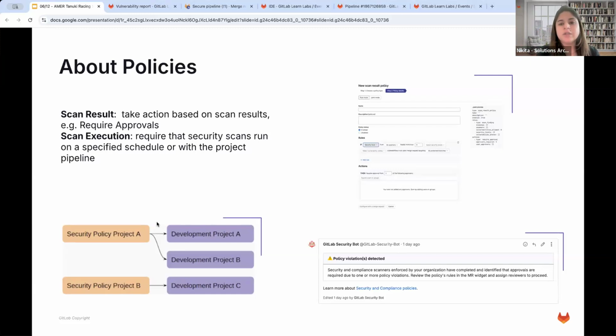Then the scan execution policies. This is where you would want to ensure that these security scans actually run either on a specific schedule or as part of your project pipeline. So what you see here is a policy creation interface. We just saw that, right? Where you can define the rules, set severity thresholds, specify which scanners to use, configure actions like requiring approvals, etc. This is actually policy as code in action,